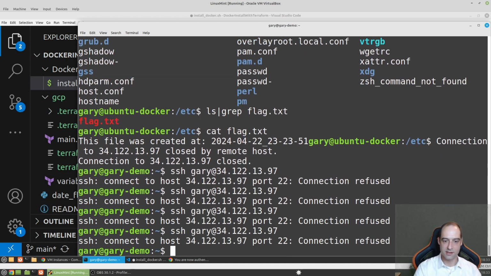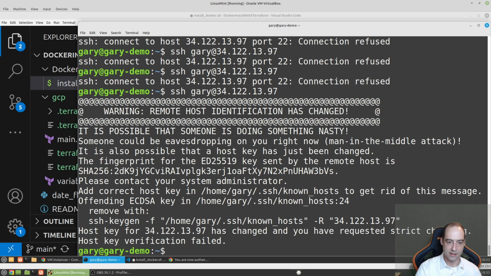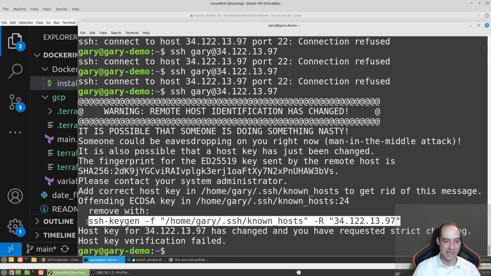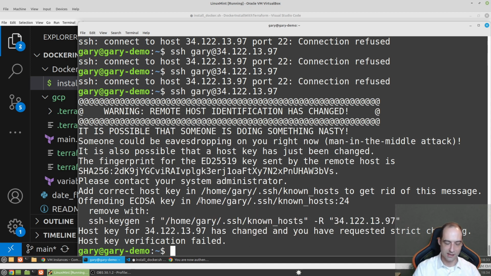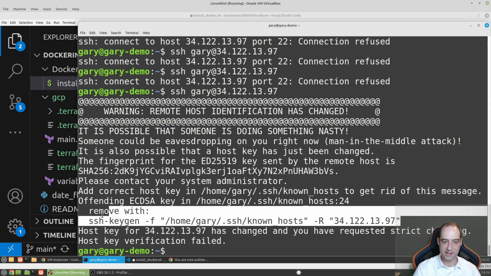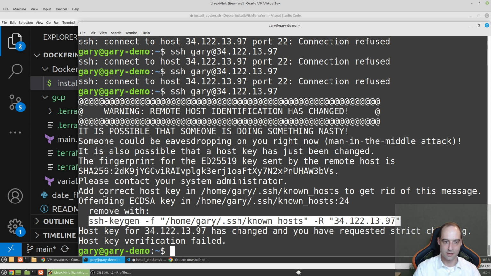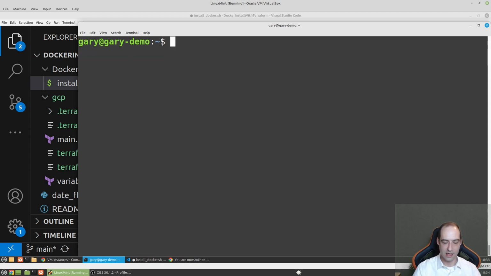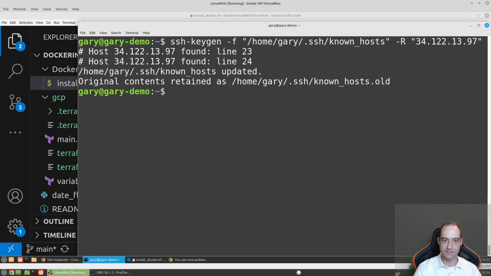It is still starting up the SSH service on the VM. And yes, something worked for once. Okay, it's telling us the fingerprint doesn't match. So run this. Let's give ourselves a little more room here. Again, I just copied this line here. And if I go ahead and paste that,